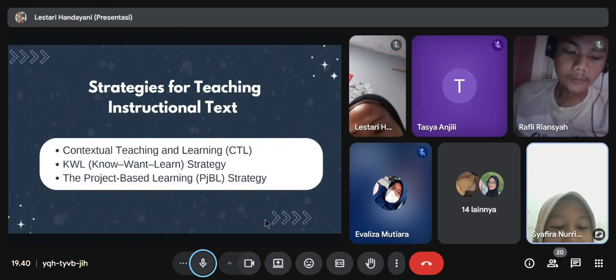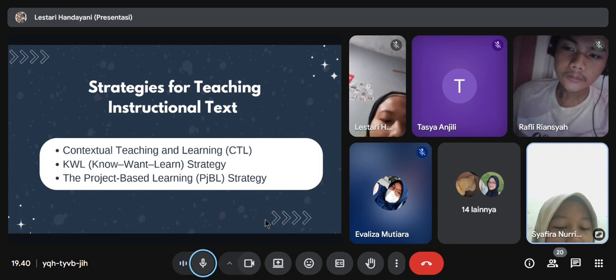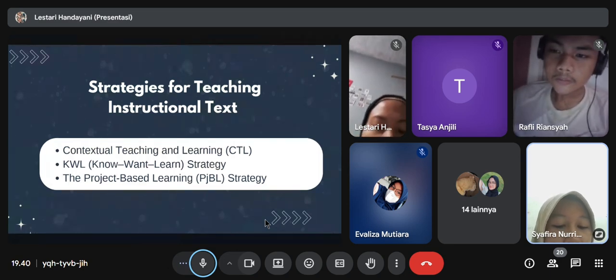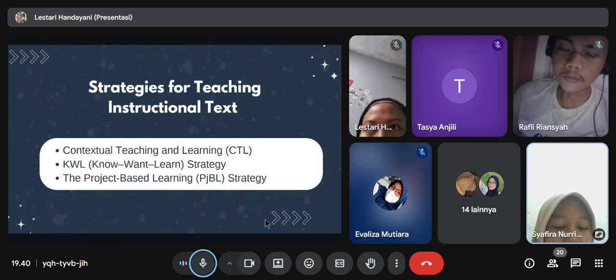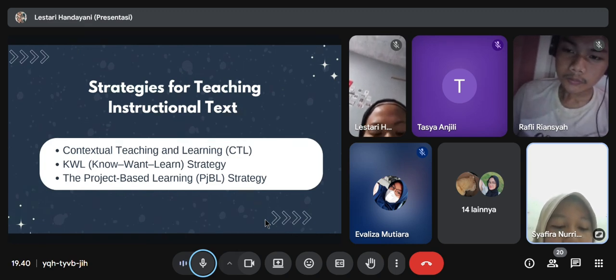This process makes students more cognitively engaged because they are aware of the purpose of reading. In practice, this strategy helps students understand the steps in instructional text in a more focused and organized way as they not only read the text but also actively reflect on the information obtained.